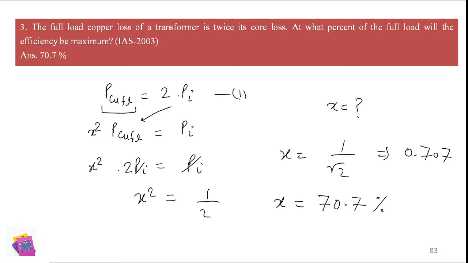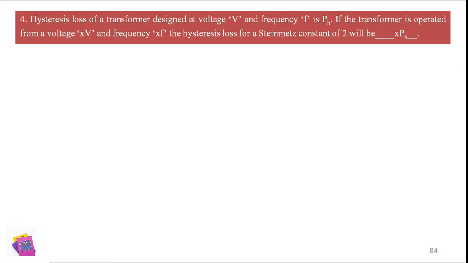This is the condition basically for maximum efficiency. x square P copper full load is equal to iron loss. Okay, and the full load copper loss is given to you equal to twice its core loss. So easy. Next,